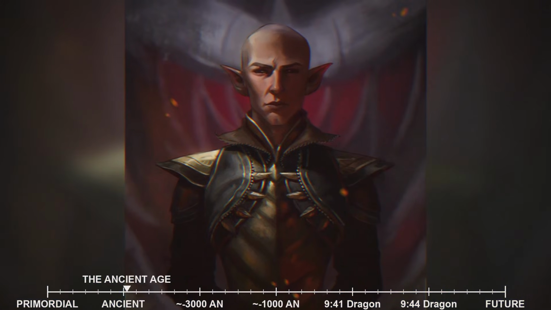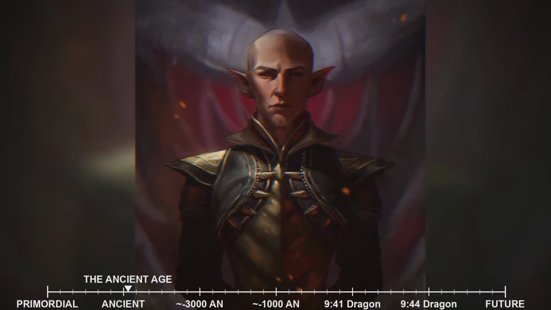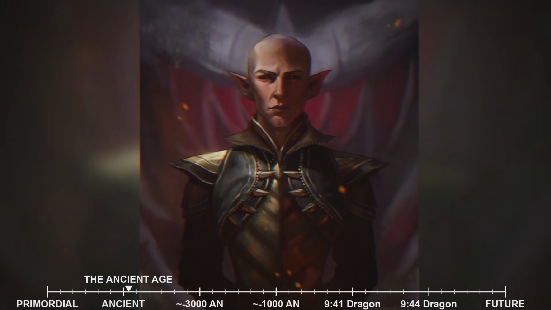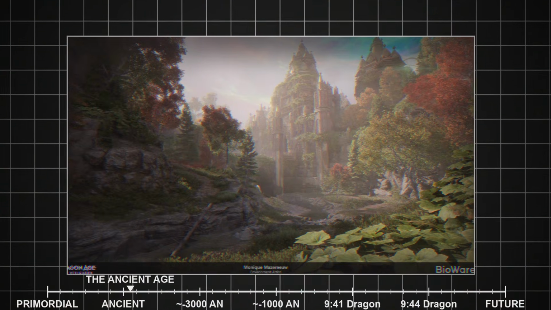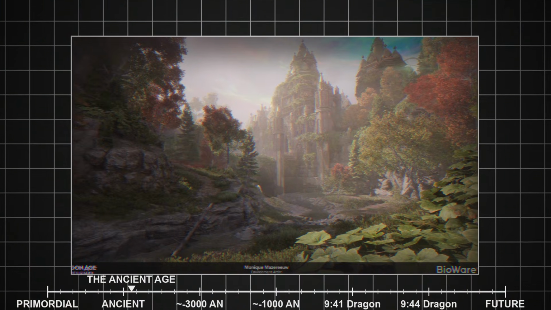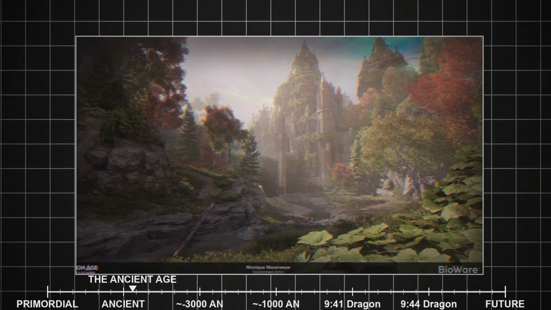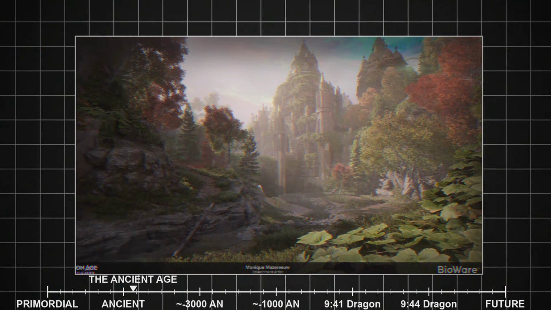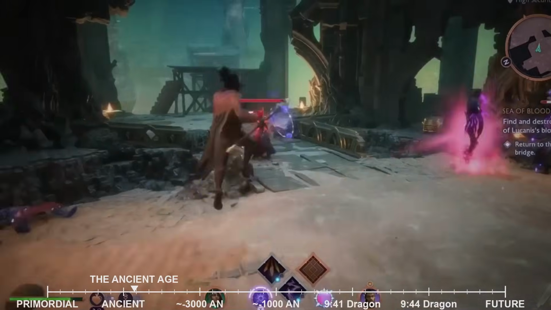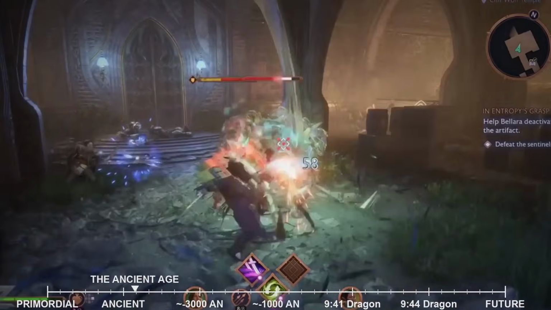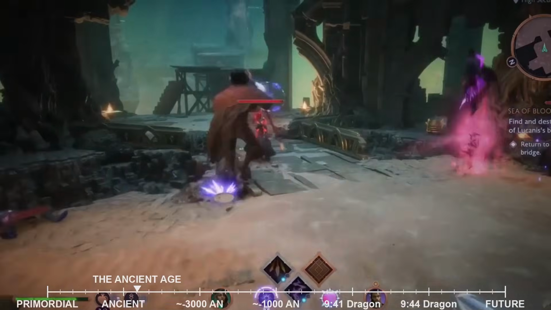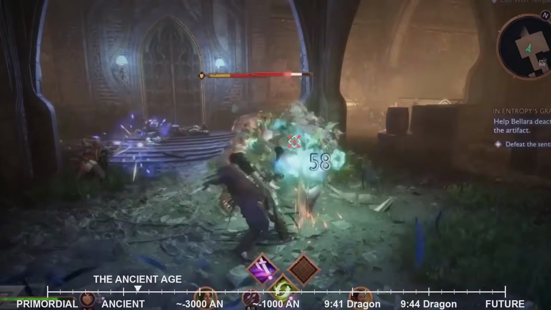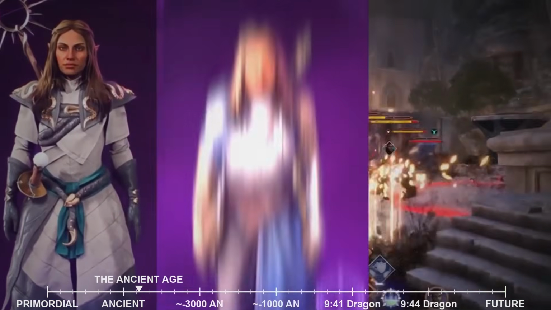Where humans and dwarves will later struggle to grasp even the basics of magic, the elves breathe it as naturally as air. Their entire society is built upon a foundation of magical mastery so profound that the line between reality and dream becomes fluid, malleable, subject to the will of those powerful enough to shape it. This is not the limited, dangerous magic that will exist in later ages, constrained by the veil and feared by common folk. This is magic as it was meant to be, raw and limitless, flowing through every aspect of elven existence.